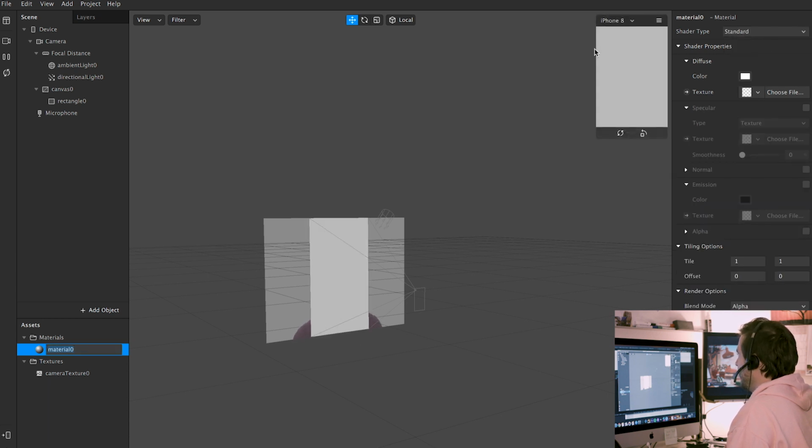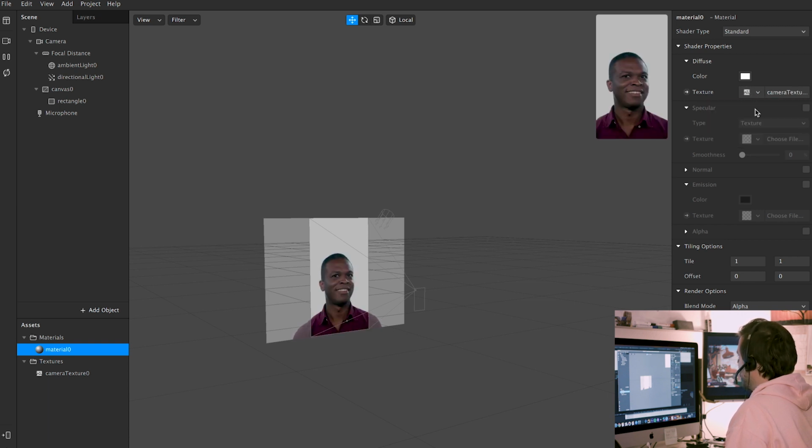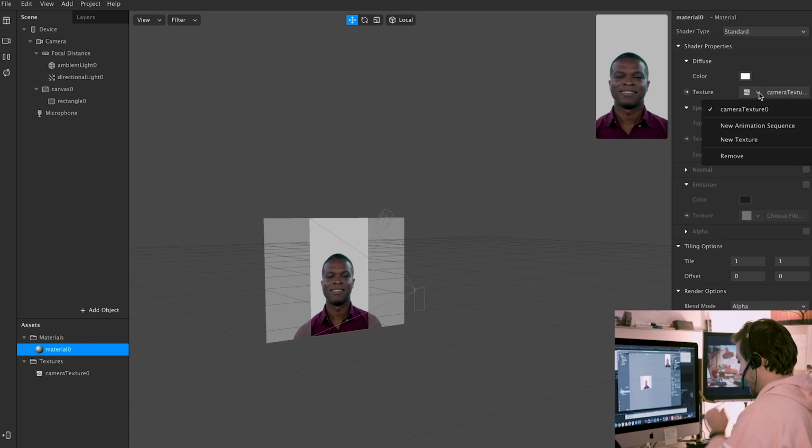So standard is affected by lighting, and then you have physically based, etc. You can choose an image texture. You can mess with all this stuff. There's a lot of stuff in here that we're not gonna be able to go through in just this first tutorial. So if I select